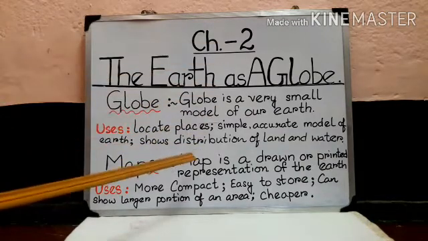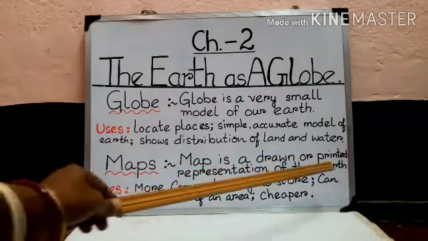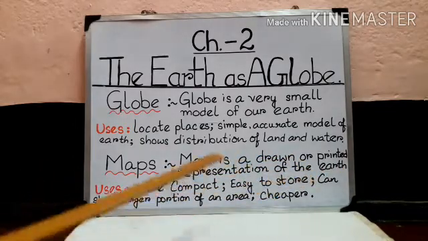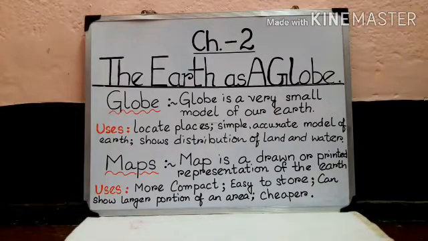We can see here, map is a drawn or printed representation of the earth, isn't it? We can draw map or we can print map, okay, of the whole surface of the earth or part of the earth, whatever we want to see, we can put it down into the map, right? A map is a diagrammatic representation of an area of land or sea showing physical features, cities, roads, etc. on a flat surface. Later on I will show you the picture of map and how it looks like.